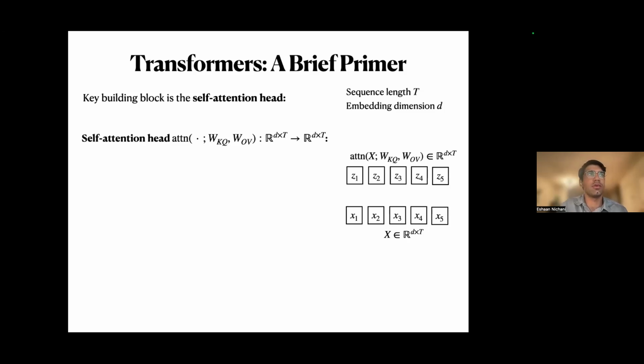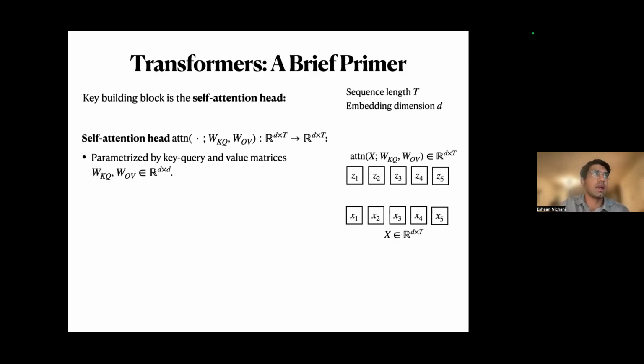The self-attention head will be parametrized by d by d key-query and output-value matrices W_KQ and W_OV. Here we don't really distinguish between parametrizing the K and Q individually versus just parametrizing their product because expressivity-wise, these are the same.